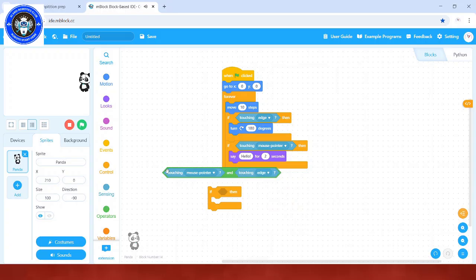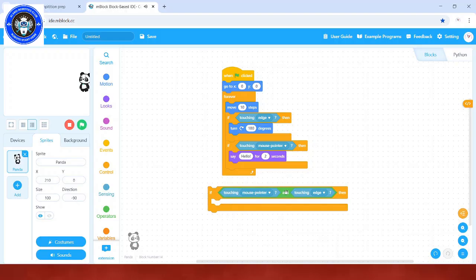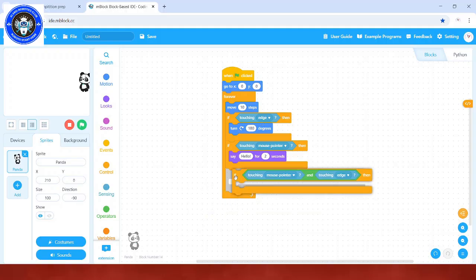So we have two conditions here: if both of these things are happening, if it is touching the edge and the mouse pointer all together,